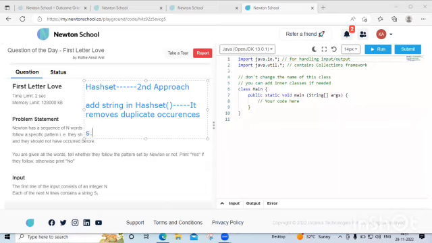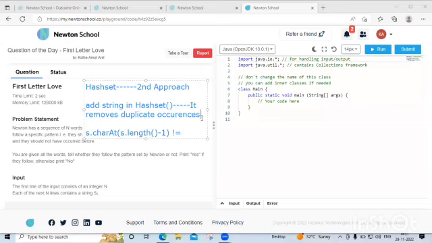Let's suppose this is the string, and we'll check s dot charAt of the ending letter, which is string dot length minus 1. If it is not equal to